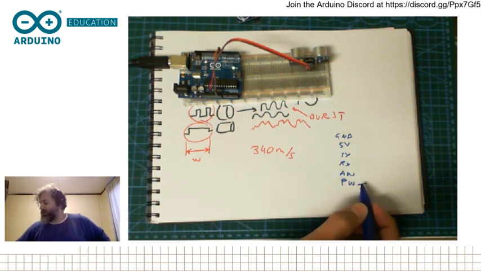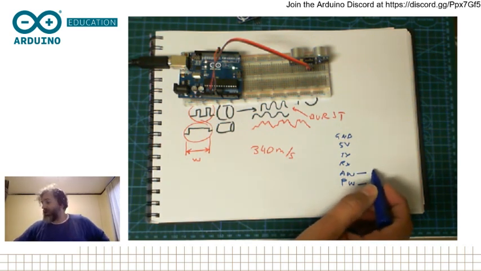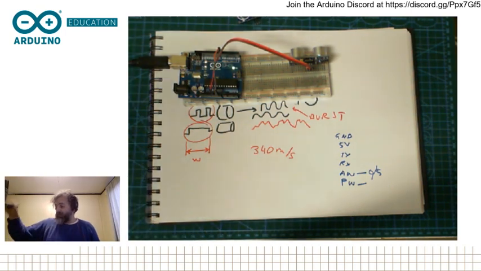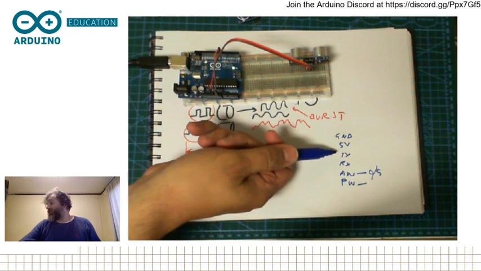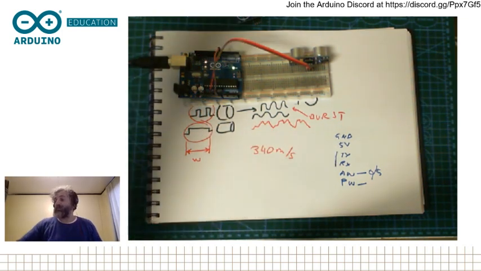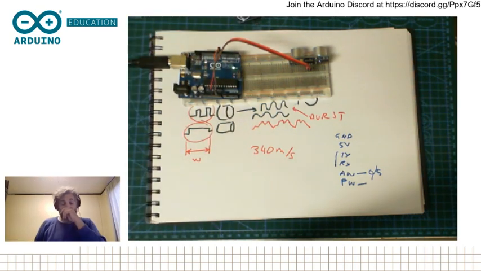Basically, this is what we're measuring right now, pulse width. Analog gives you a voltage between 0 and 5 volts for the distance. So it would be the same thing as we were measuring before with the LDR. You could very easily transform a distance measurement to something else. And then you could also read it through the serial port and give commands to it, like you could make it behave in certain ways, which is very interesting because it's very different from other sensors.